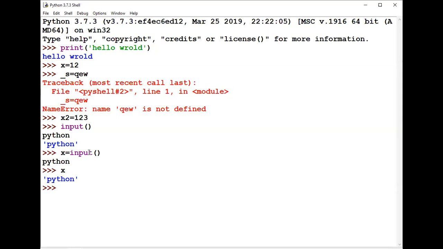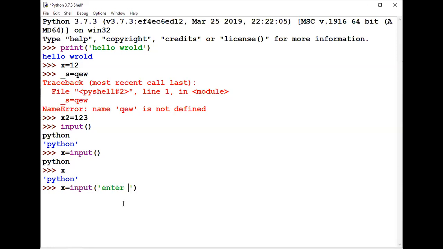Now, when we are giving an input, the next line actually looks like an empty line, right? So the users can't understand what to do. From their point of view, there is nothing there, just an empty line. So for that, I am giving input, open bracket, close bracket, and now here I am giving a prompt. Prompt means you are showing something to the user, or asking the user to enter something. That's what a prompt is.